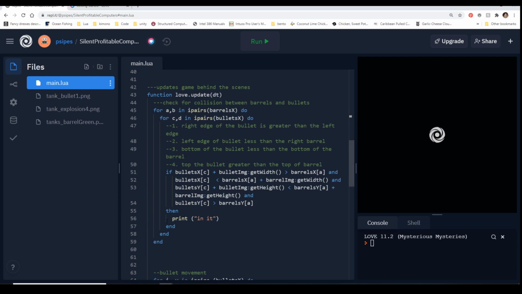Now, what we're going to do is we're going to do it here, where we have this whole idea of print it. We have to make the explosion. Now this is where I actually had to draw things out to figure out exactly where the explosion was going to be. Because the reality is that you don't want to put the explosion at the coordinates of the bullet, because that's the back of the bullet. And you don't really want to put it at the front of the bullet or at the bottom of the bullet. You want to put it at the tip of the bullet.